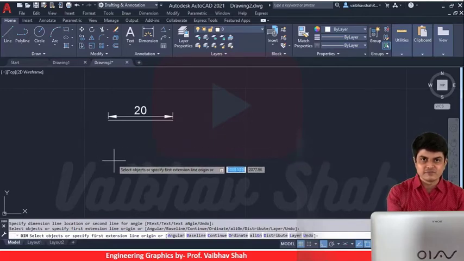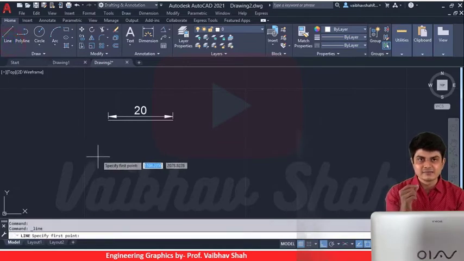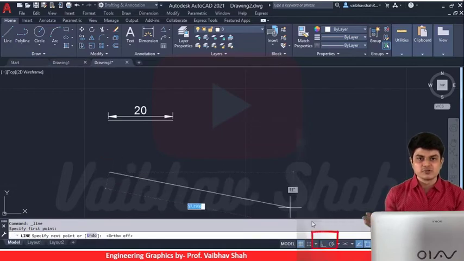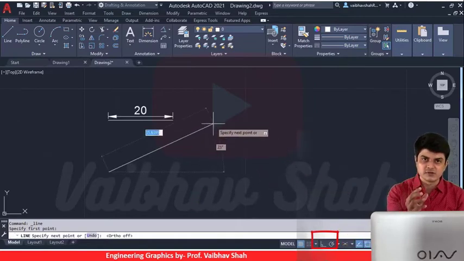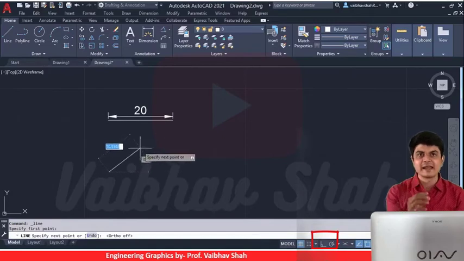Let us select the line first. So we'll be selecting the line from your toolbar. So I am pressing the toolbar line icon. Then please click anywhere on your screen. Then now you should switch off your ortho mode. So to switch off ortho mode, you should press F8. So I will be pressing F8. So you will be having switched off your ortho mode. Now you can see you can practically draw line at any particular angle you want.